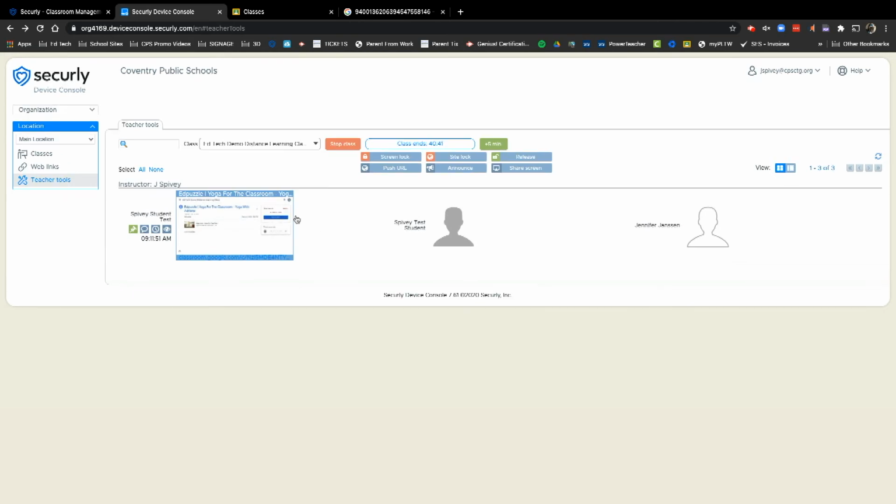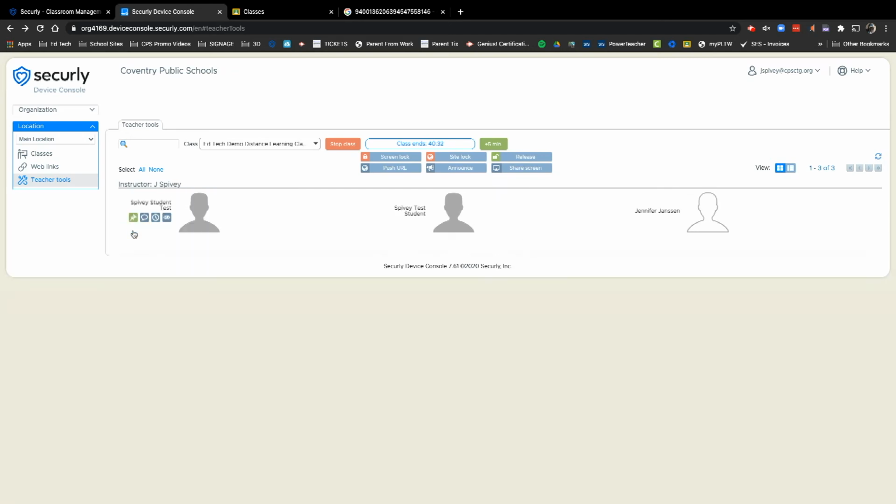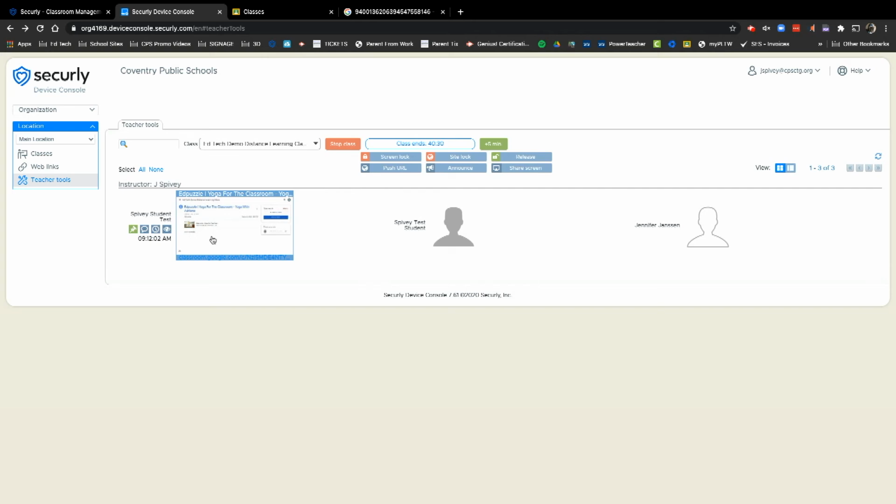And in the window view, I'm going to see up at the top, there's this pin and it's green. That's because I've pinned that student to the top of the list. So if I have a few students who I know I'm going to need to keep an eye on, and let's say, like my name Spivey starts with S, so my screen is going to be lower in the alphabet, so it's not going to be right up top. I can scroll down to that student name, click that little thumbtack, it'll put it right on top,